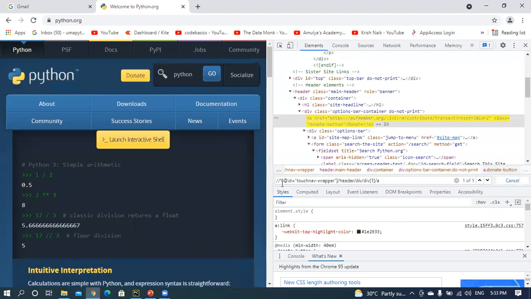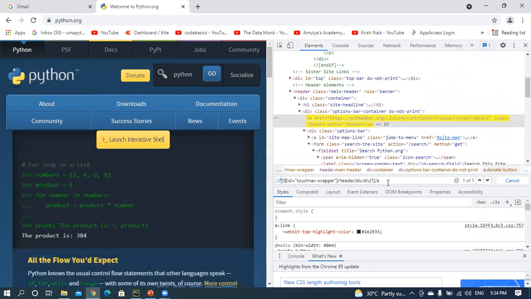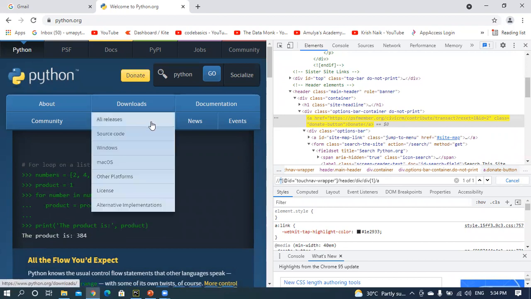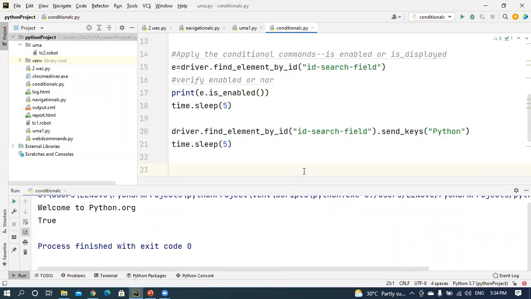Here, that means already discussed that one. The first initial value here you call it as a, the star indicates the tag name, @id equal to the ID value. After that, slash, some of the child values you are taking. After that, slash, with that one I'm going to check whether this particular one is displayed or not. Displayed in the sense it is visible, that is displayed. For example, verify that one.